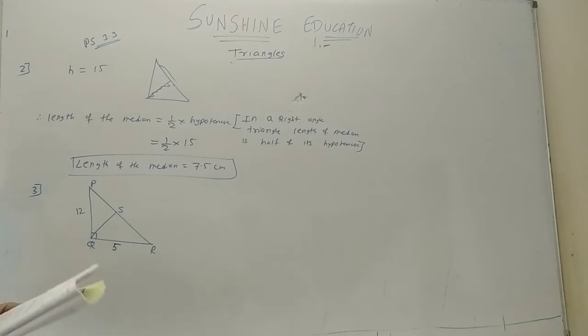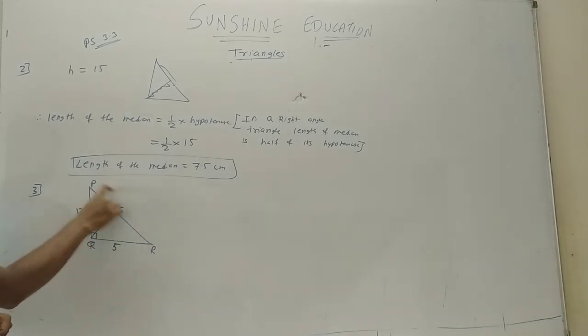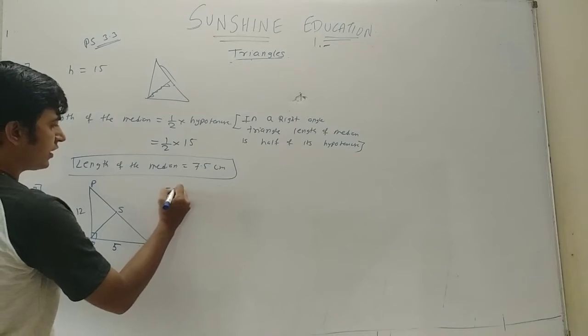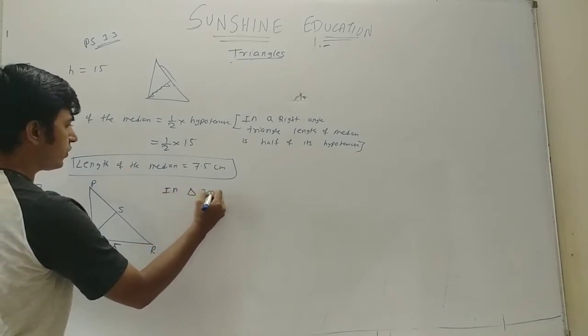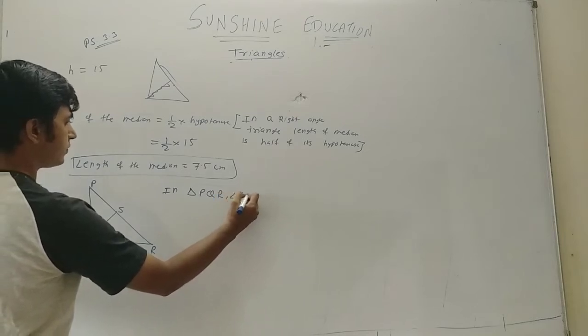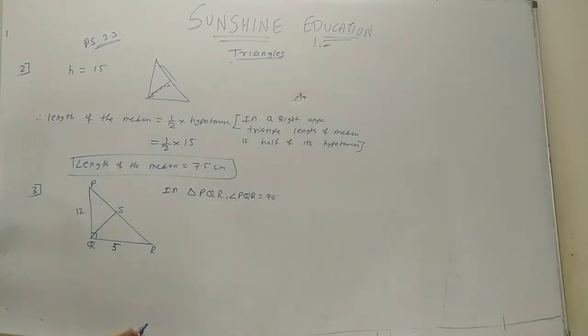See, as it is a right angle triangle, if I need to find the length of QS, QS is the median, which is the question, first I should know the hypotenuse. So I can find out the hypotenuse using Pythagoras theorem. So in triangle PQR, angle PQR is 90 degree. So using Pythagoras theorem,